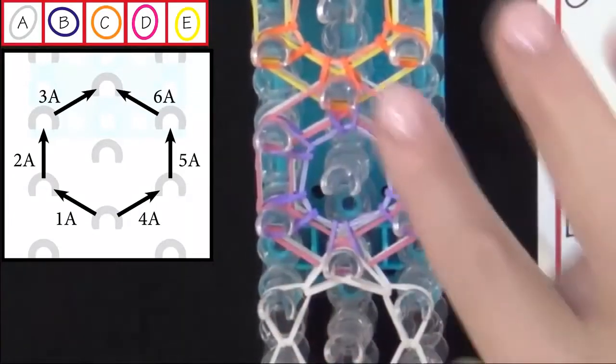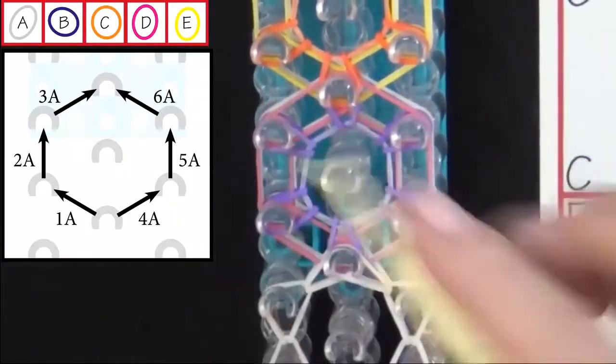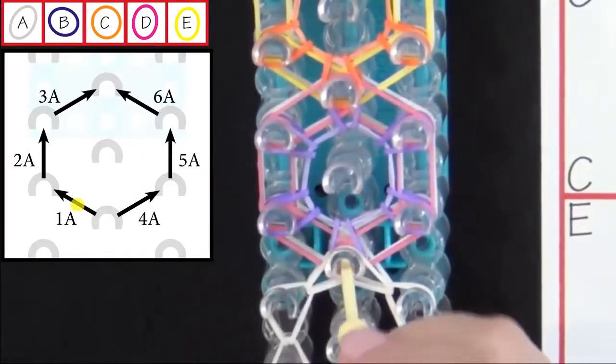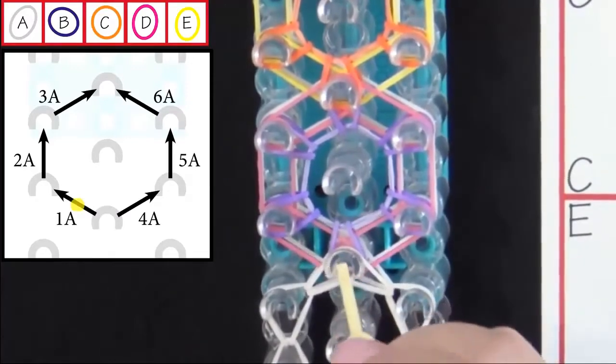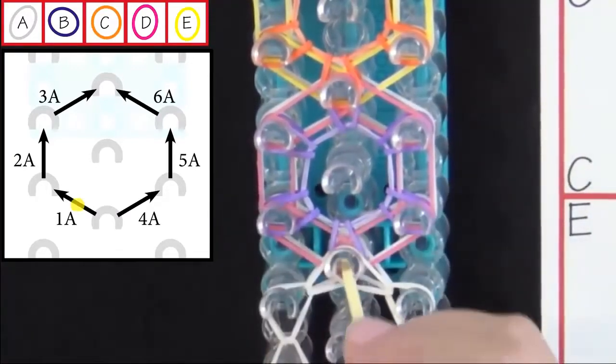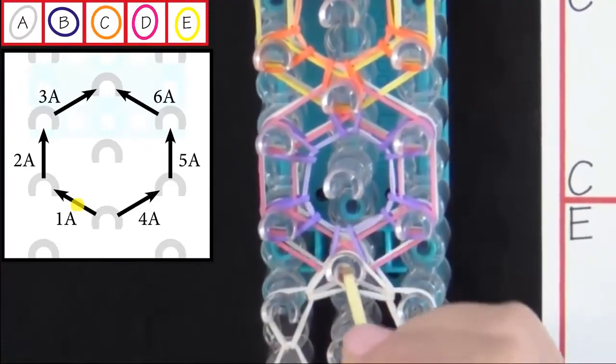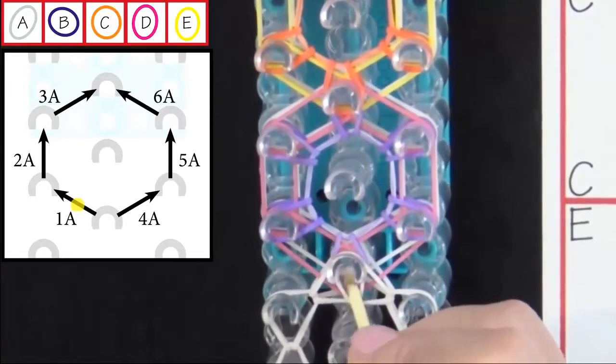Now as we loop these A colored bands, it gets a little trickier because there's so many bands on top. So you put your hook down through the channel, and on this one you'll be grabbing the top A band and pulling it out to the left. So pull the bands back, find that top A band,